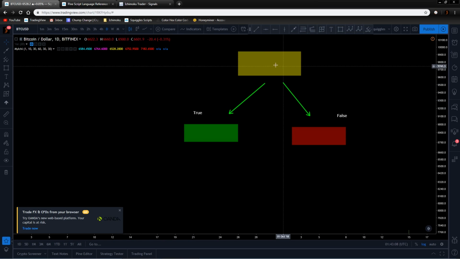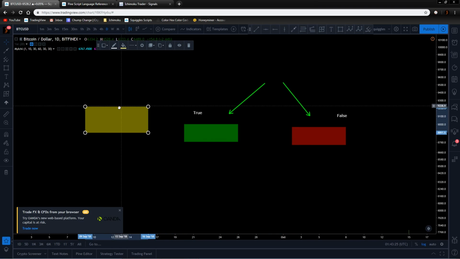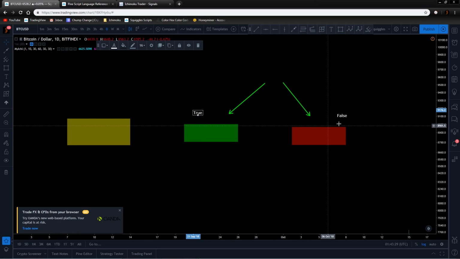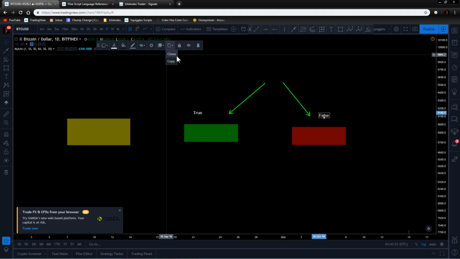So essentially look at it this way. Start with a true or false statement. While the code is running, if it becomes true, then this block of code gets run. Otherwise, it's false. So what that then means is this part goes there, and this is true, this is false, and